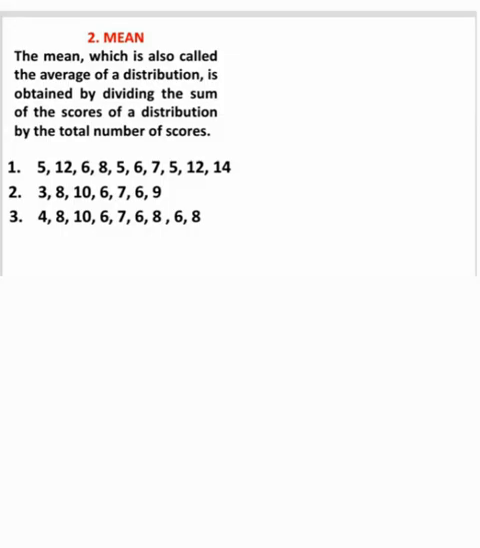Now we have the first aspect, that is the mean. The mean, which is also called the average of a distribution, is obtained by dividing the sum of the scores of a distribution by the total number of scores. The mean is also called the average, and from our previous classes we learned that